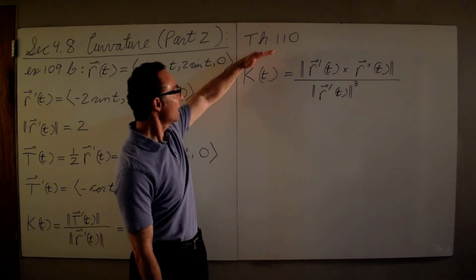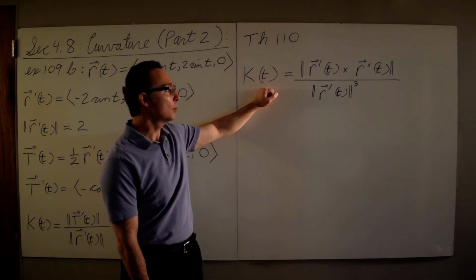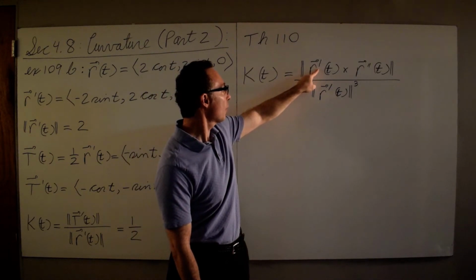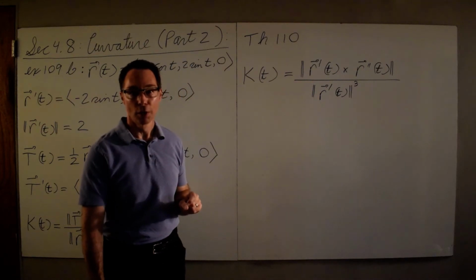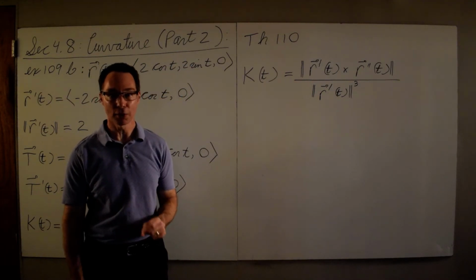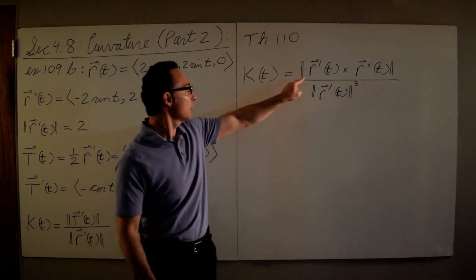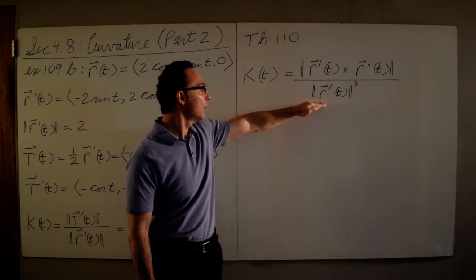Theorem 110 is another way of calculating curvature, just in terms of r and its derivatives. So first we take the cross product of the derivative of r with the second derivative. Remember, a cross product is a vector. Dot product is a number. Cross product is a vector. So we take the magnitude of that vector, that gives us a number, and we divide it by the magnitude